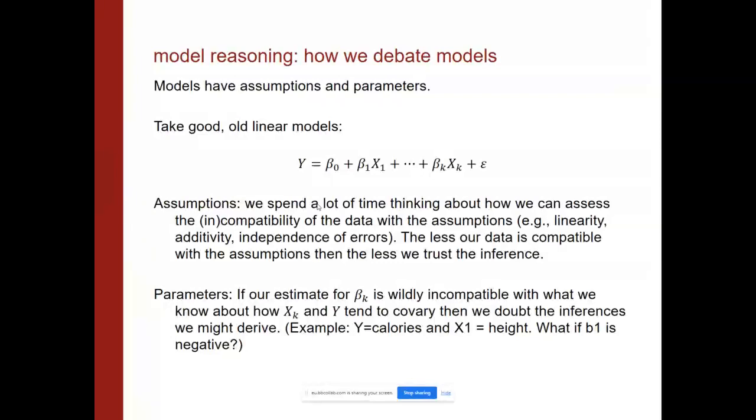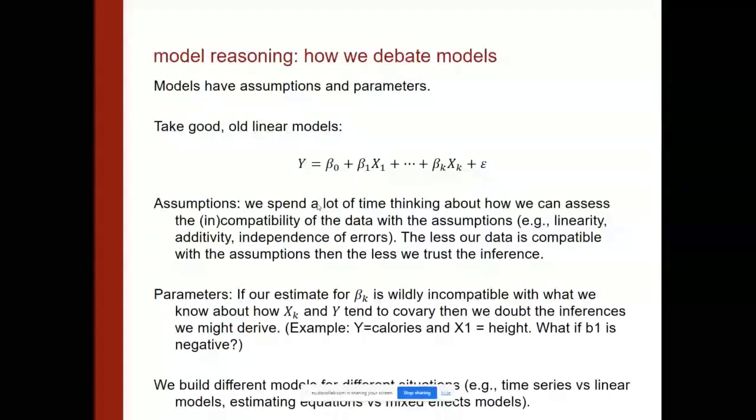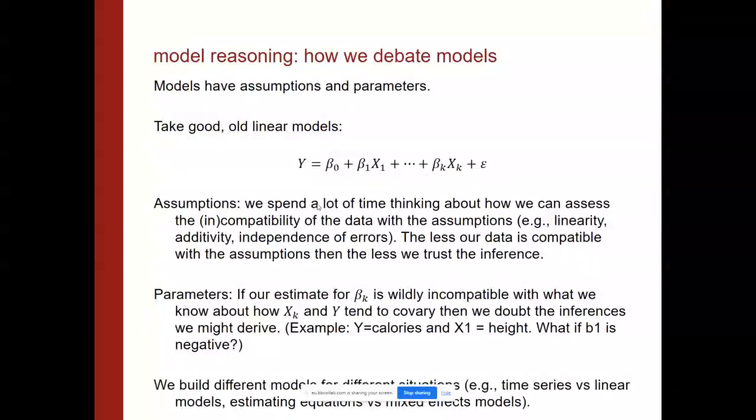I mean, most of our intuitions, based on everything we know from previous studies, from our own intuitions, is that beta coefficient should be positive. So when you do that, part of the reason that models are strong is because we can link back to other sources of data, other studies, and map those. So that's another reason models tend to be very strong in how we're using data and thinking about the compatibility. I'll just mention briefly, one of the different fields about model reasoning is that when you look at your data, you have all these different models that are built and ready to go for different kinds of situations. And we spend a lot of time teaching our students to recognize those.